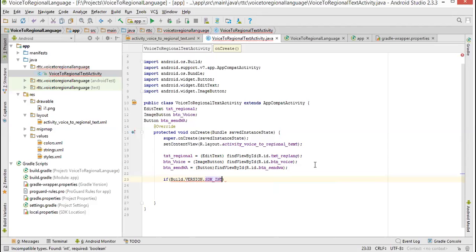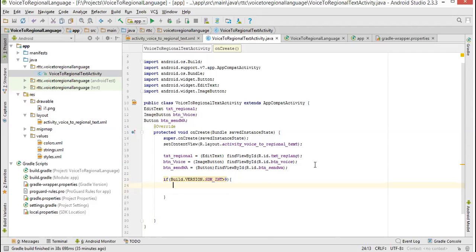This SDK int, that means the API level is greater than 9. What do you mean by 9? 9 means Gingerbread. That means if your phone is above Gingerbread, you have to handle the threads in this way.